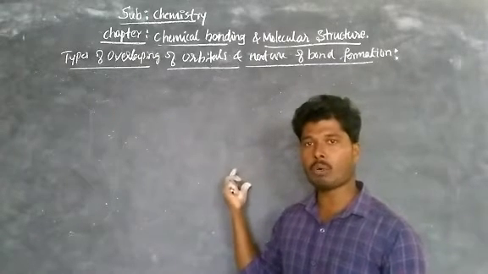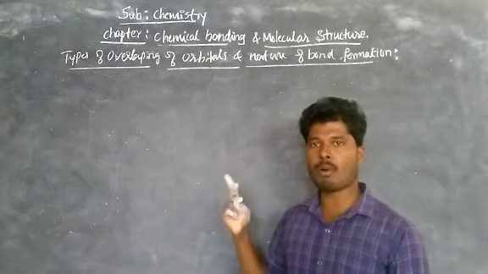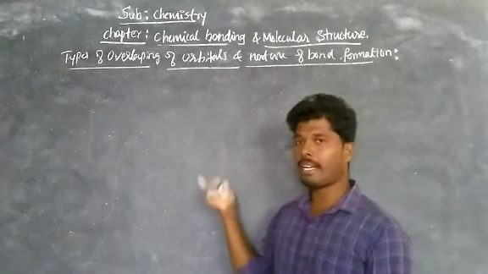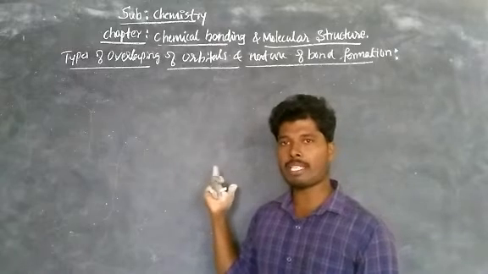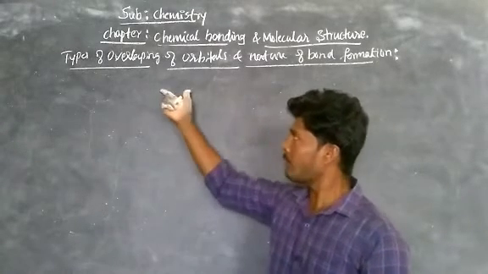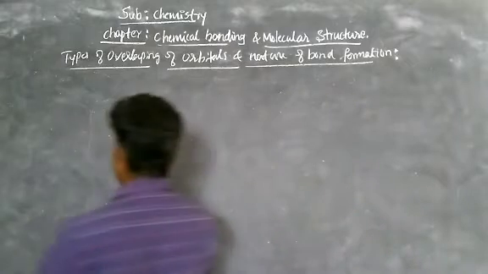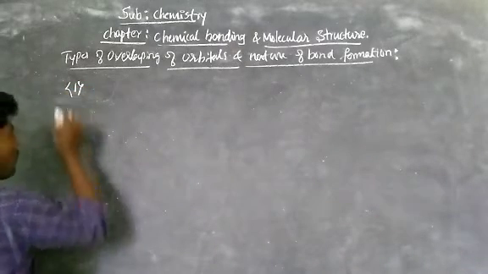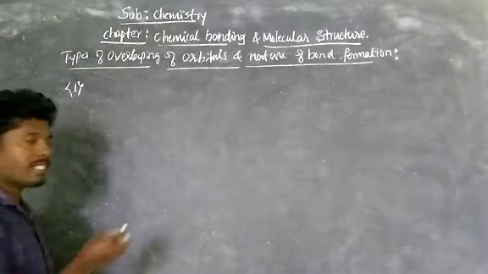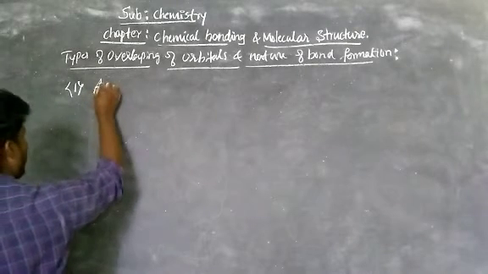Under the covalent bond, we can study two types of bond. One is sigma bond, one is pi bond. Okay. Now here we are learning how the pi bond and sigma bond is formed and when it is formed. Now the types of overlapping of orbitals is the first one. There are two types of overlapping of orbitals. One is axial way and one is side way. That is axial way overlapping of